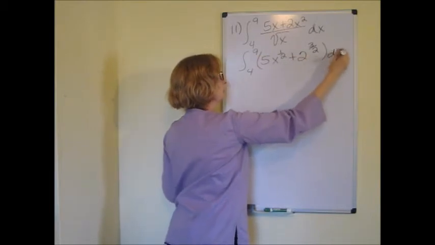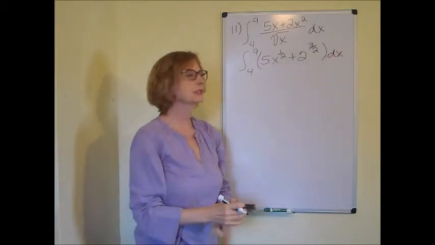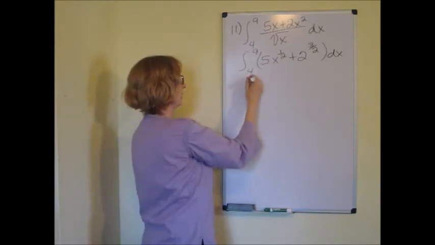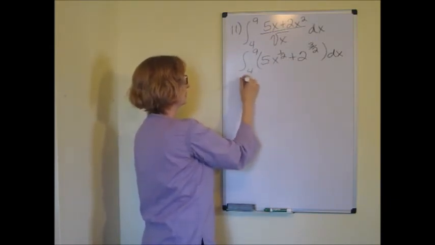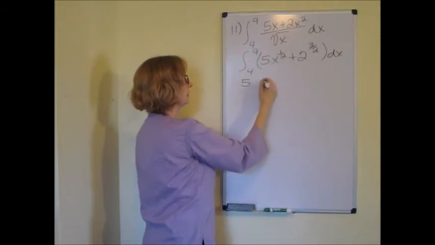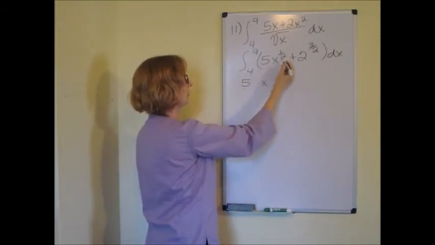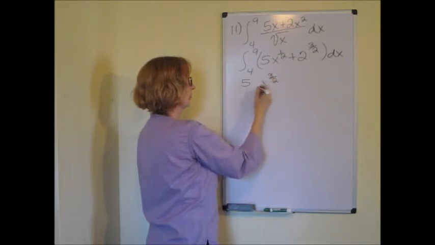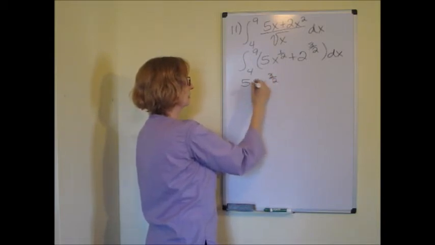And now I should be able to integrate. Remember what you're doing here. You've got your 5. I'm going to raise the power. So 1/2 plus 1 is 3/2. And then multiply by the reciprocal, 2/3,